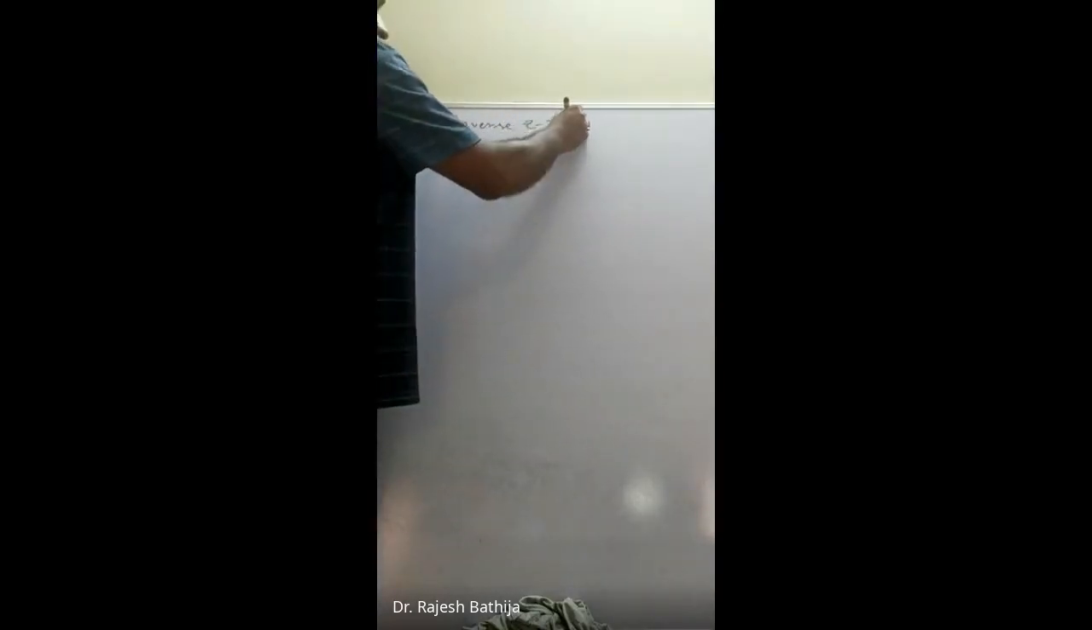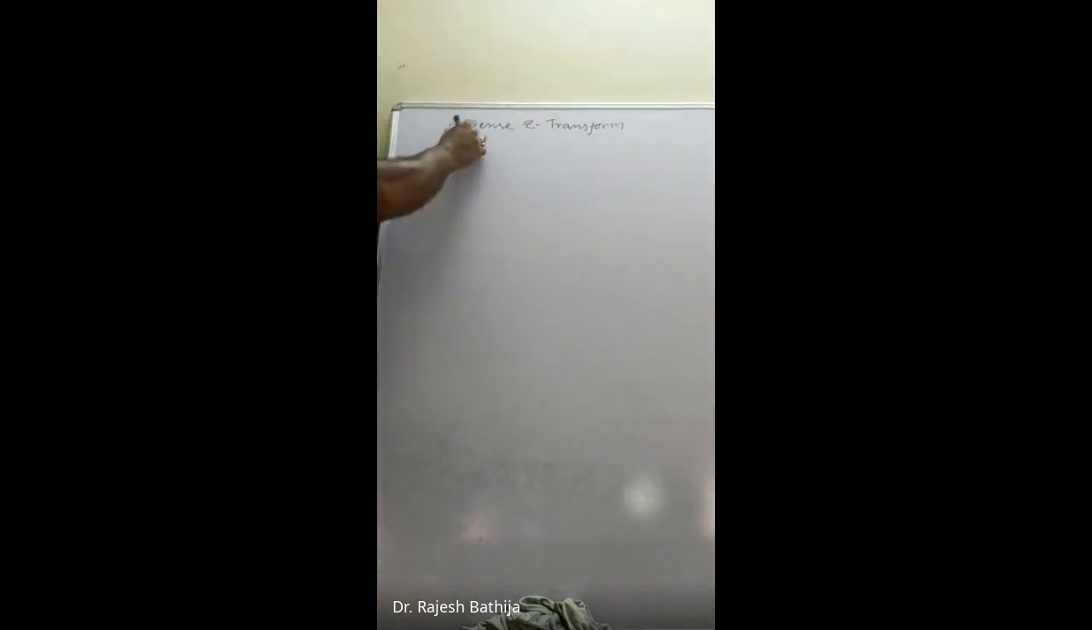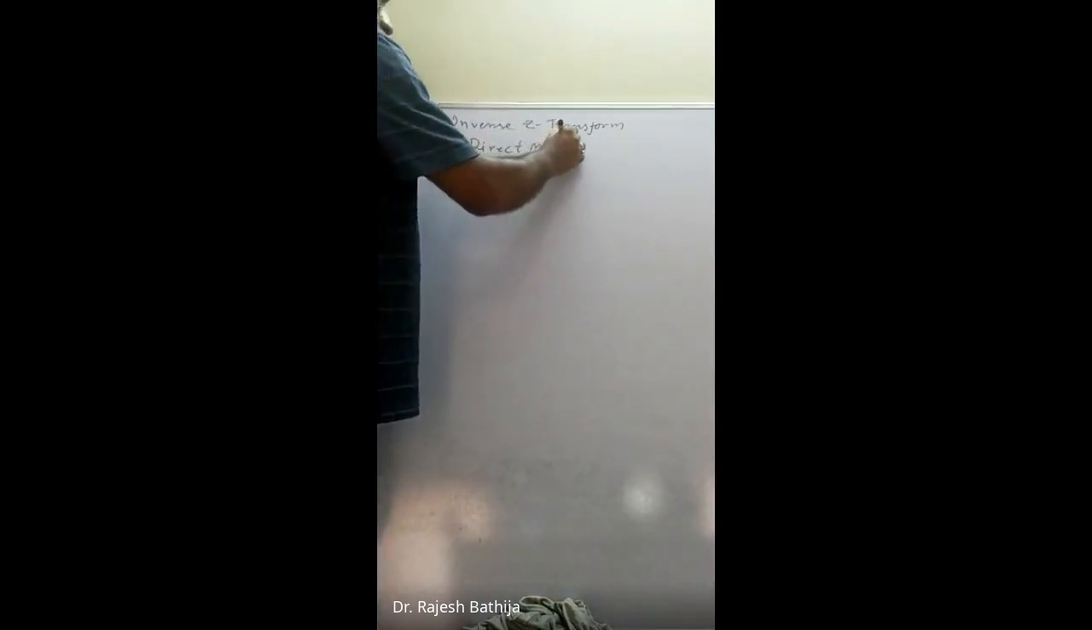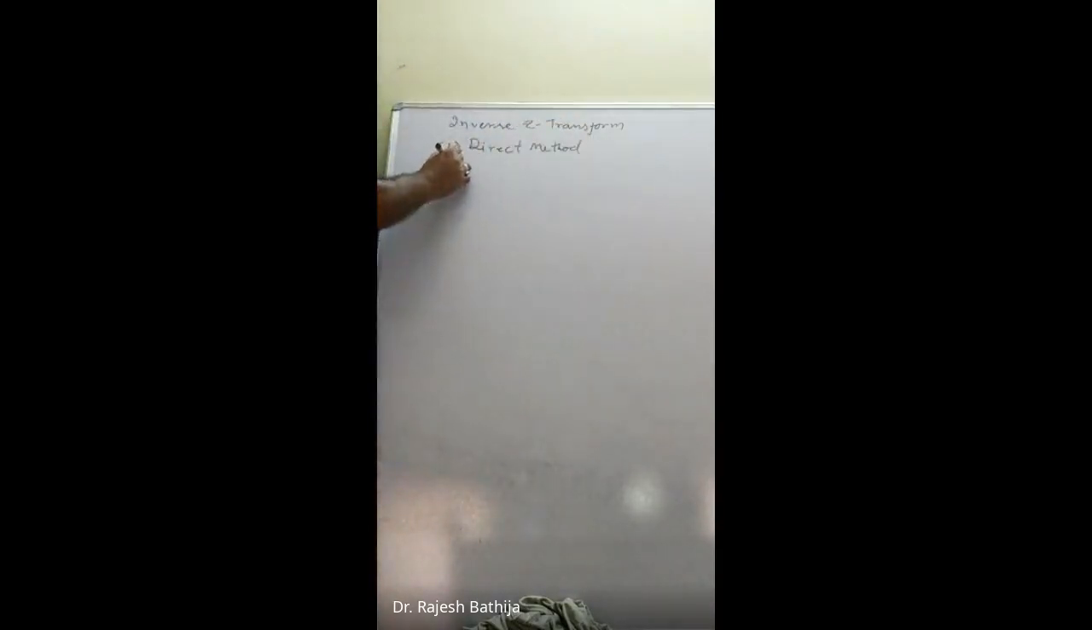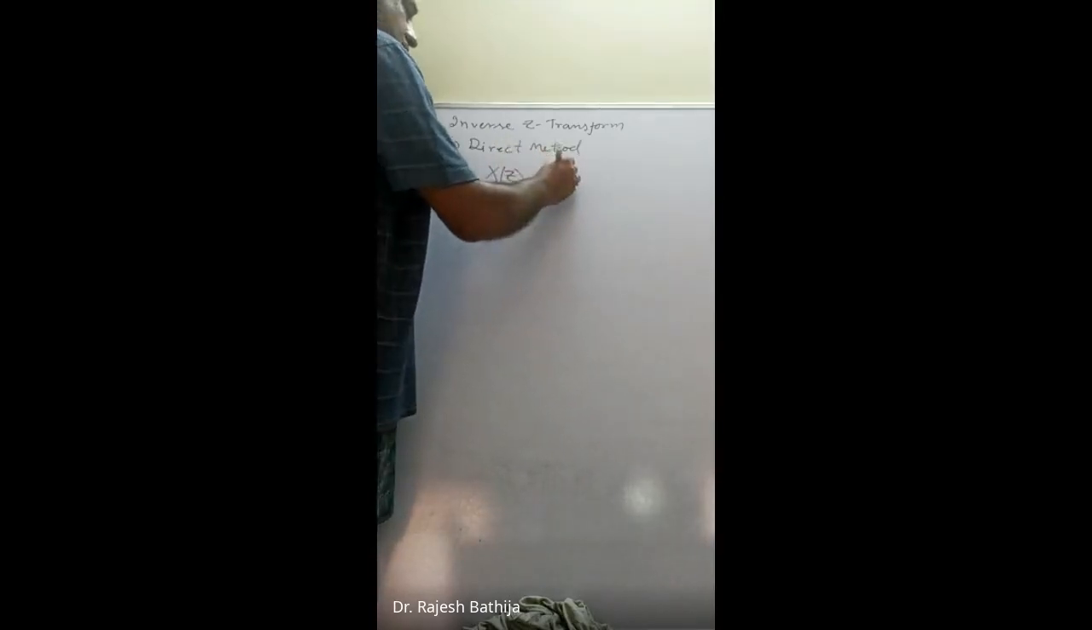First is the direct method. We are talking about the inverse Z transform. So for the inverse Z transform, first is the direct method. In this direct method, what we will do, we will find the expression X(z) in this form, that is